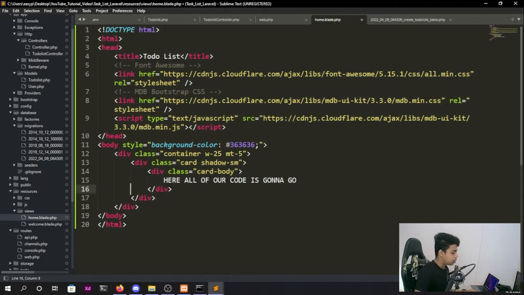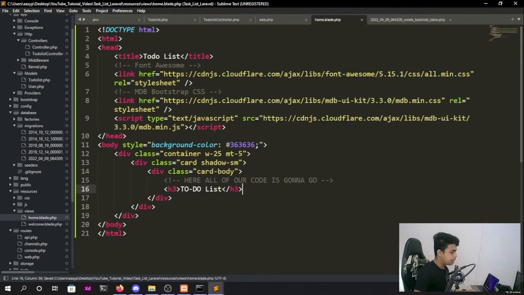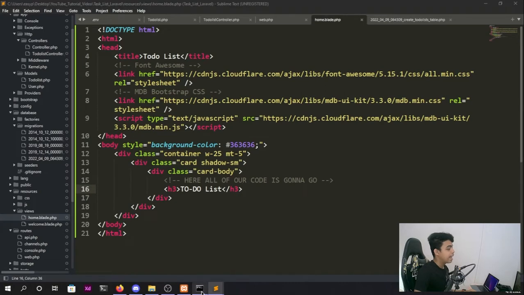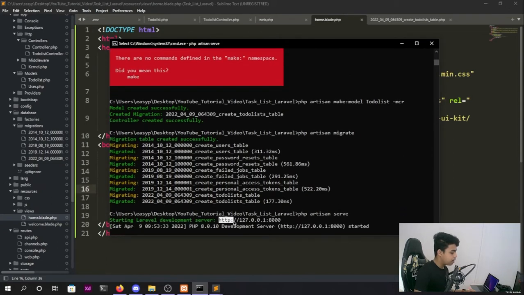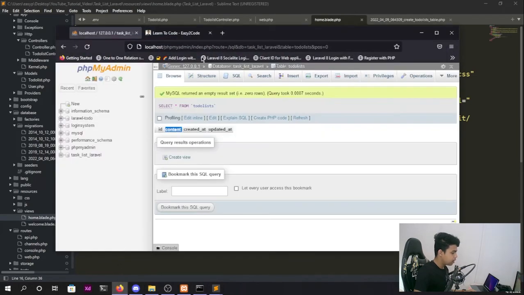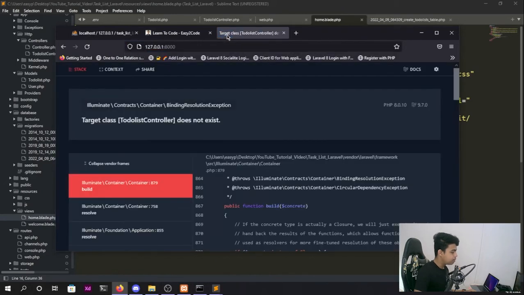Of course. So let me just comment it out. And now let me display an h3 tag, and I would like to display Todo-do list. And now let me close my h3 tag, let me save it and let me run my Laravel project and let's see whether we get any error or not. So let's run the php artisan serve command and let me copy my development server from here, open my Firefox, open a new tab and paste it over here, press enter, and boom guys, we got an error of Todo